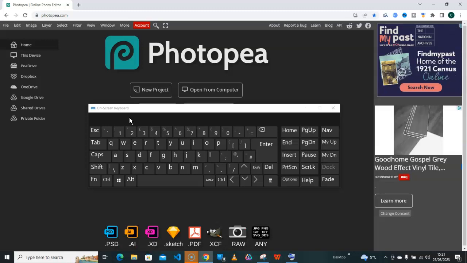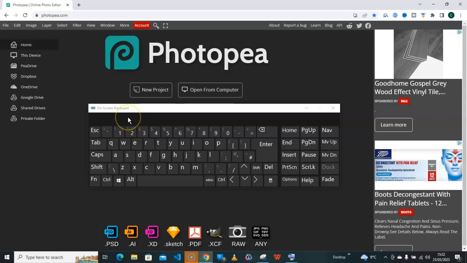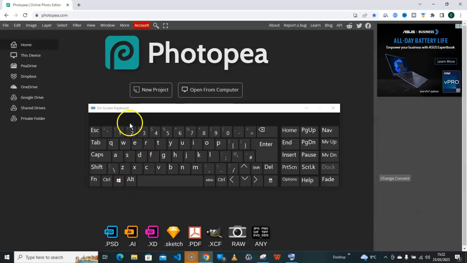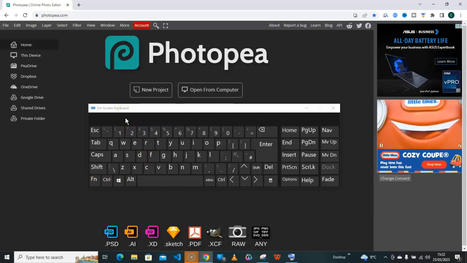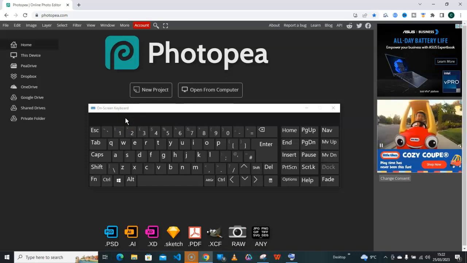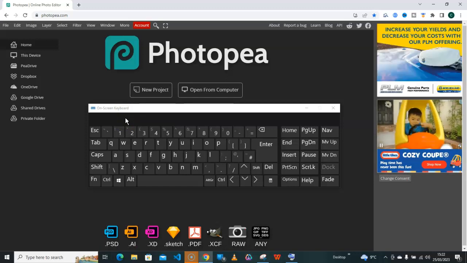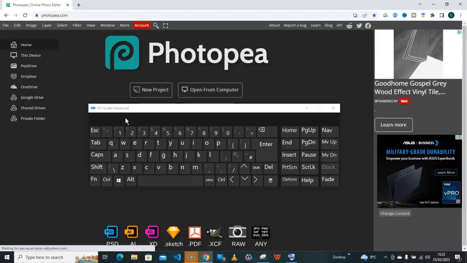Okay, but if the Alt key and the F4 does not work for you, then you have to use 3 keys. Hold down the FN key, the Alt key, and the F4 key. Hold them down simultaneously and that will initiate the dialog box. Okay, from there you will select what to do. I don't want to do that because if I do that, that will close my app, even my recording app,